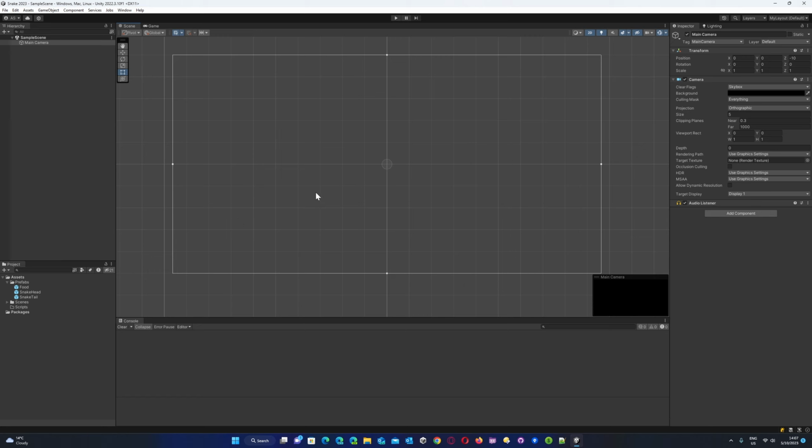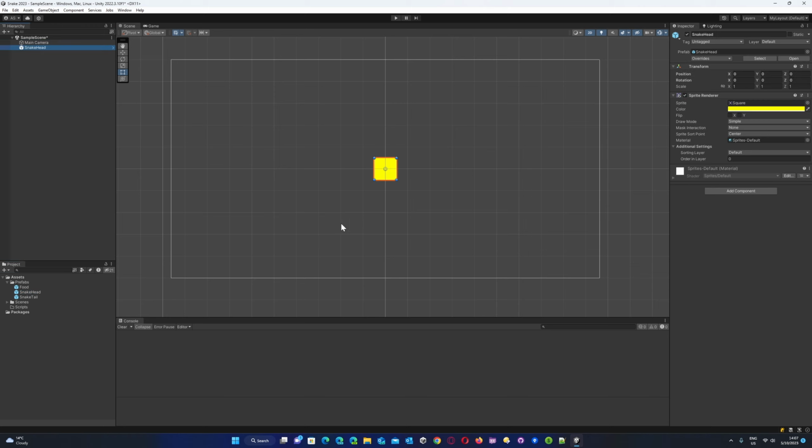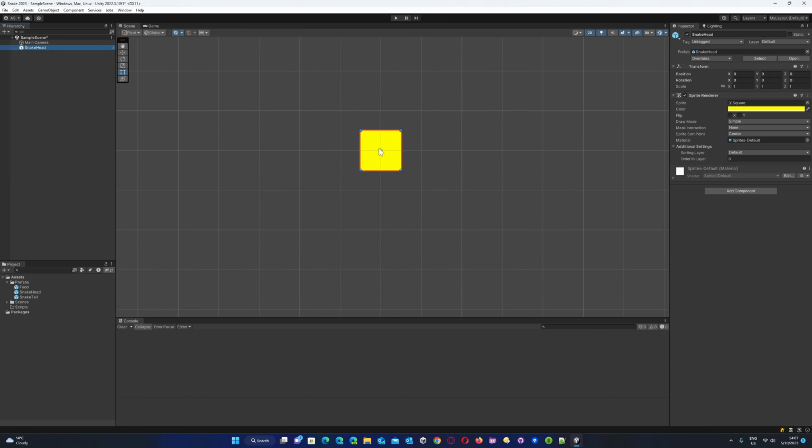Now, by default, we probably don't need to do anything. And if we were doing a normal non-2D game that wasn't moving in a grid movement, we wouldn't need to do what I'm going to show you here. But because we're going to be moving in a 2D grid environment, I am going to show you a small little tip. But before I get into that, I want to show that if I was to drag the snake head back into the scene,